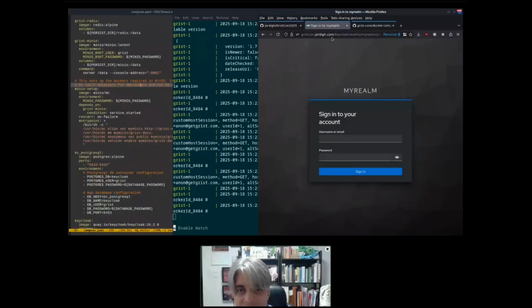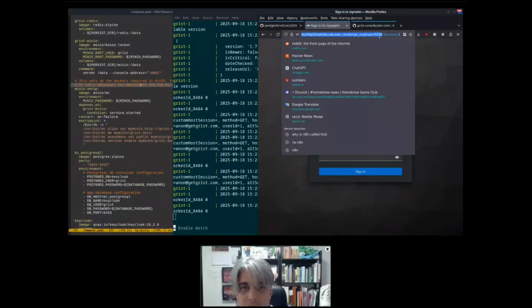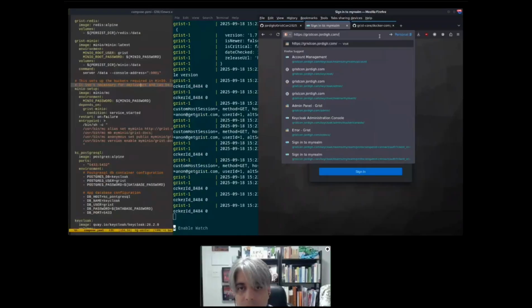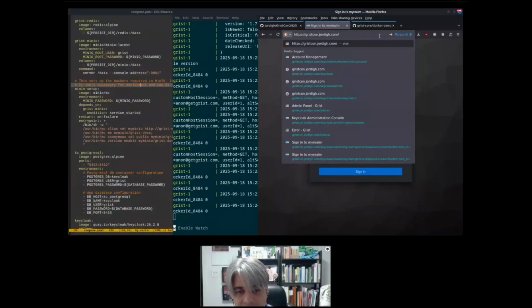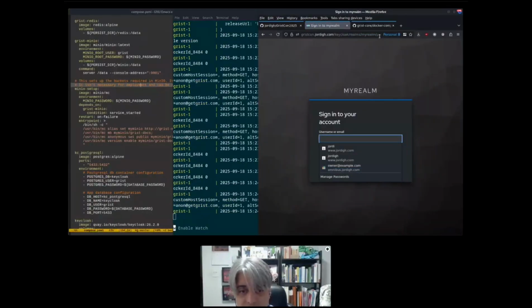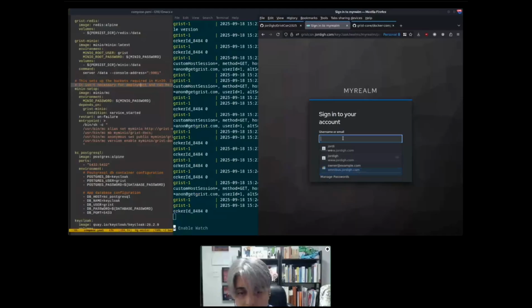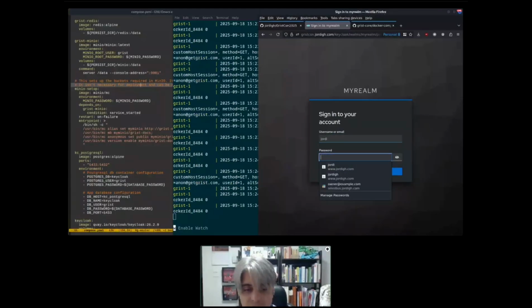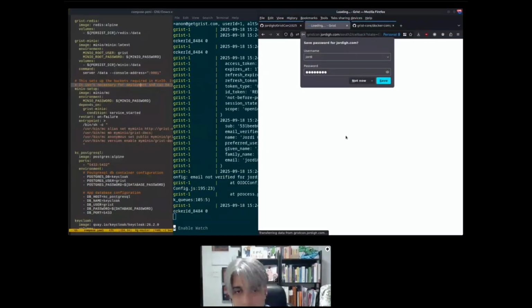I just tried to go here. This is the Grist URL. But because Grist is configured right now to not allow anonymous logins, it immediately redirects me to Keycloak to log in. So I should be able to log in right now with the email and the name, username and password I created. So now this should log me into